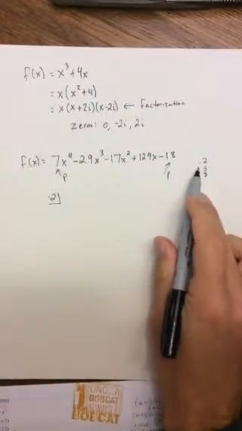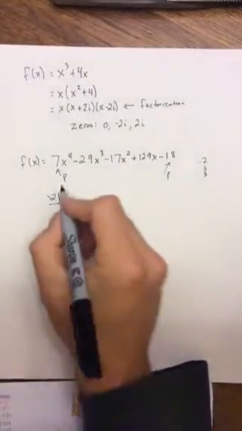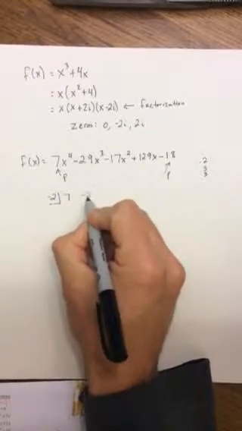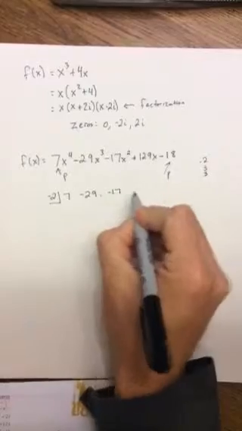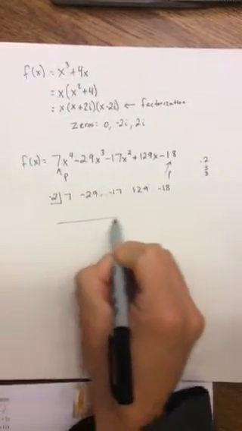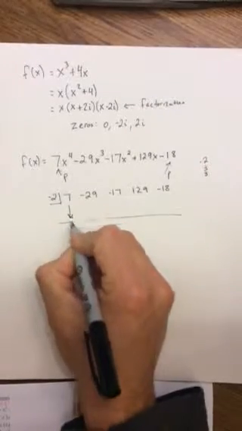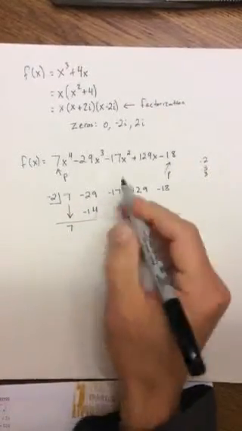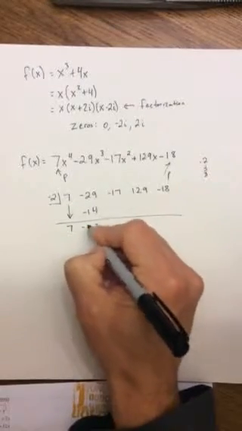So I'm thinking -2, well, I know -2 works, but I'm going to put it on the shelf. I do not have to fill in any zeros. I do not have to rearrange the order. So let's go ahead and see what we've got here. I drop the 7, that multiplies to a -14. Add that up, and I believe that is